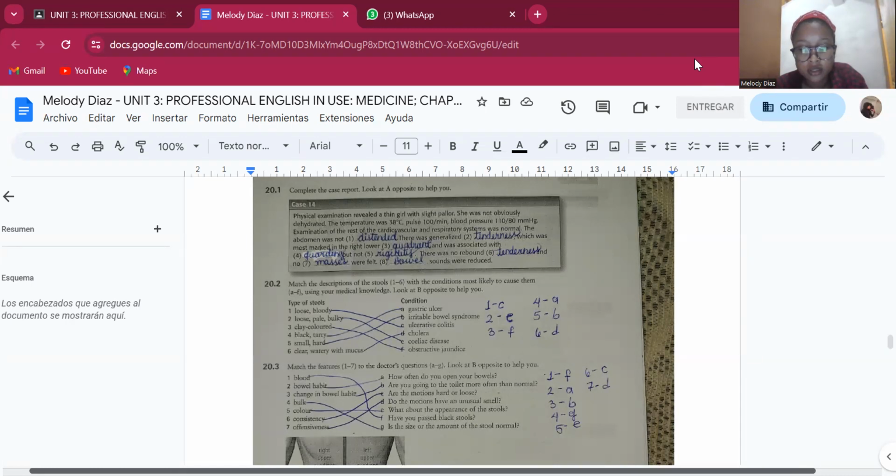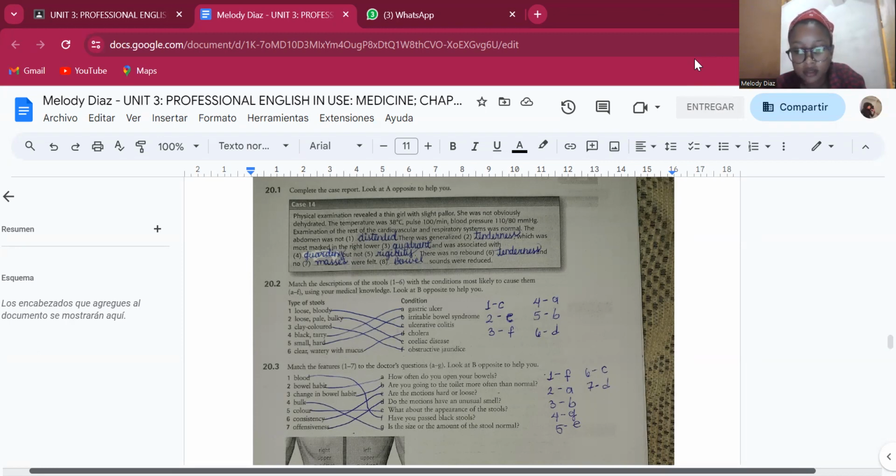Number 2, loose, pale, bulky, to letter E, celiac disease. Number 3, clay colored,